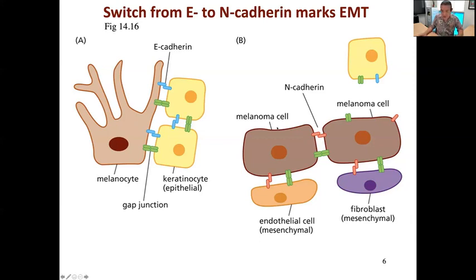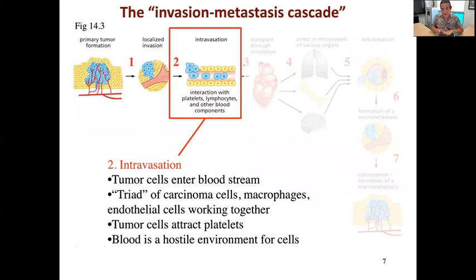So this melanoma cell then begins to no longer care about hanging out with the epithelial cells. It begins to care about hanging out with the stromal cells, for example, fibroblasts that are in the stroma and endothelial cells that make up the walls of things like our capillaries. So you can already imagine this encourages the melanoma cell to start wanting to migrate through the mesenchyma.